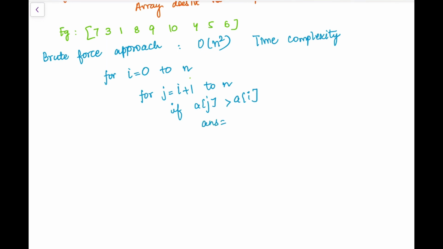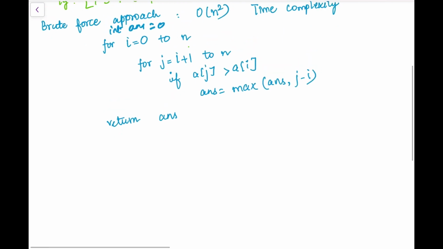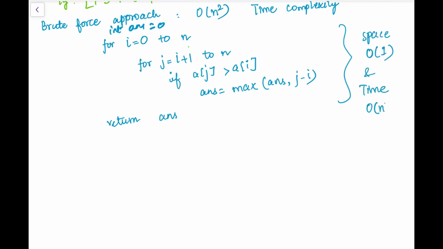Then I'll update my answer to the maximum of the answer up till now and j minus i. And at last I'll return the answer. I also have to initialize the answer with the value 0. Here you can see that space is O(1) and time is O(n squared).